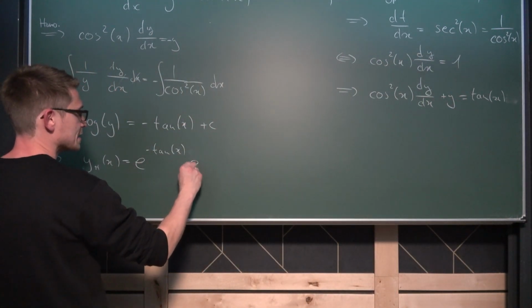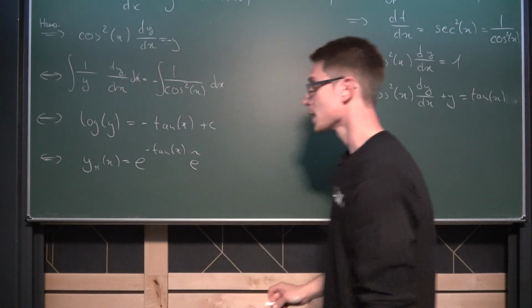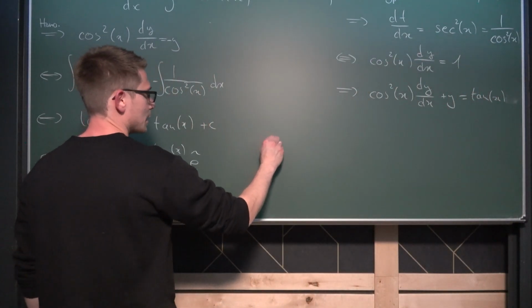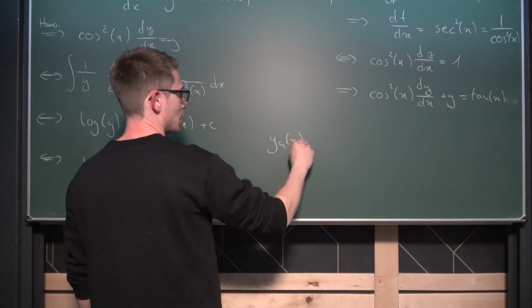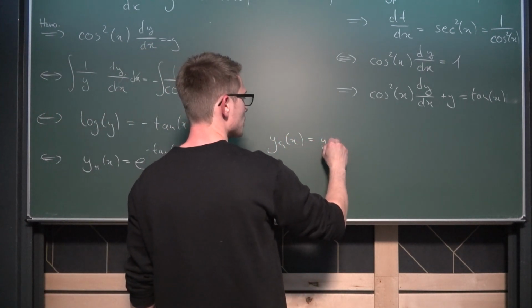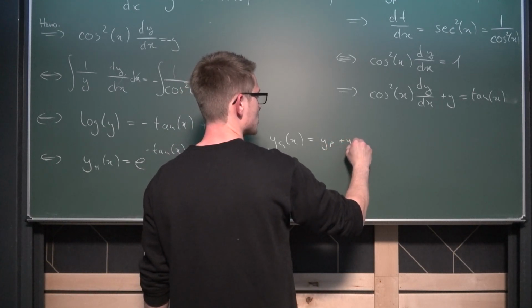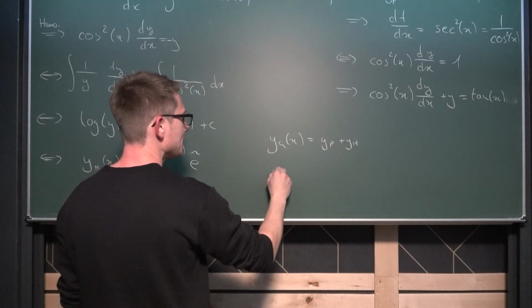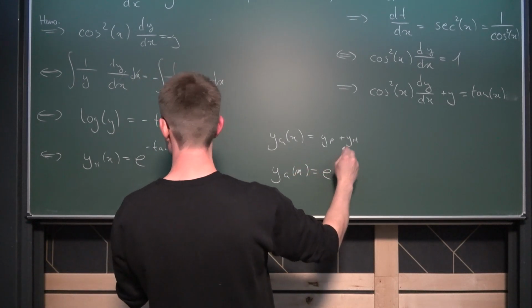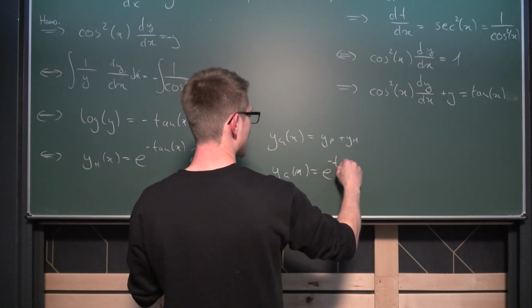I'm gonna call it e snack as per usual. And now we are obviously done. Now the general solution to our differential equation consists of the particular solution plus our homogeneous solution, or the other way around. Meaning our general solution to this differential equation is going to be e to the negative tangent of